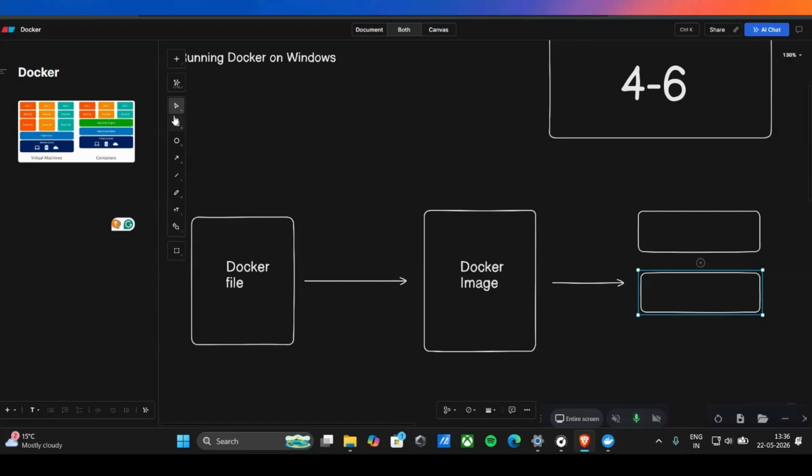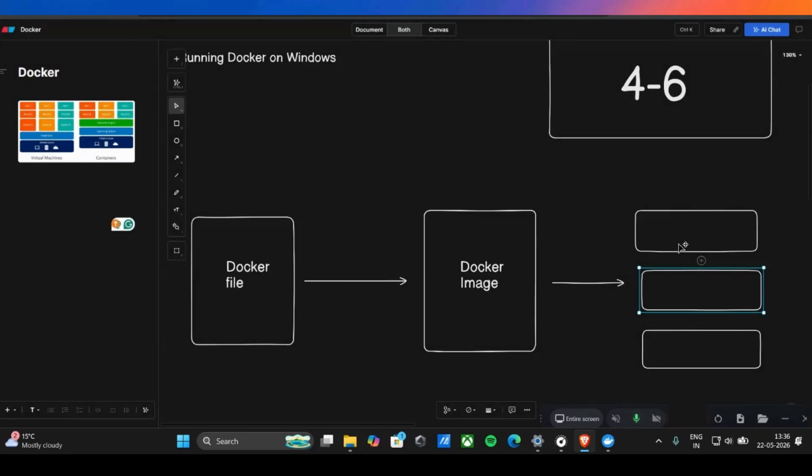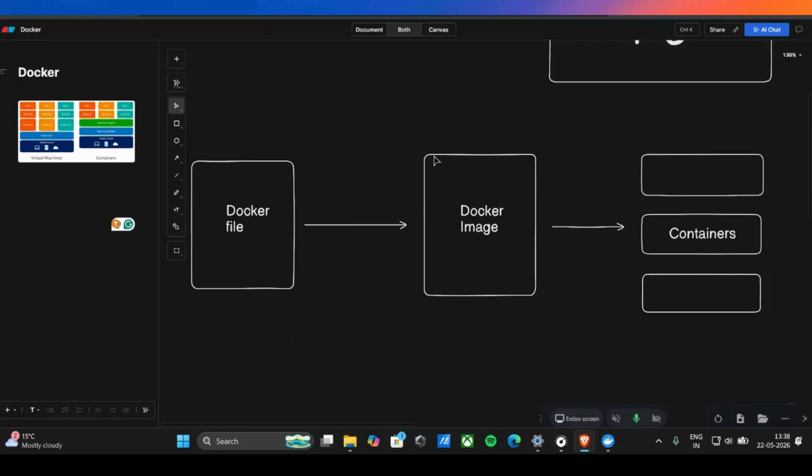Here's another thing I forgot to mention, which is very important: you see that there is a gap between all the containers. Here in the image too, there's a gap between all the containers. It is because if all the containers are together, the security might be compromised. If a hacker got access to one container, that's why we have isolated containers. First, we have a Docker file, it got converted into a Docker image. Now we have a container. Let me write here containers. All right. Docker Hub is a place where you can get